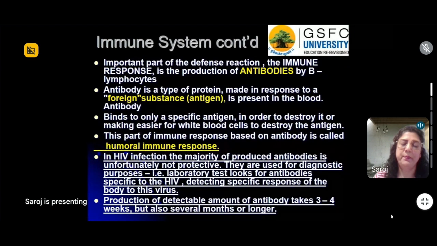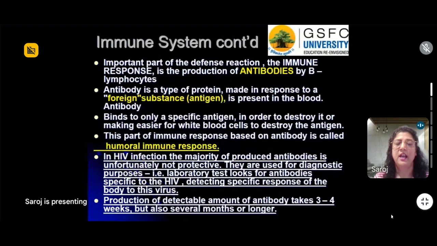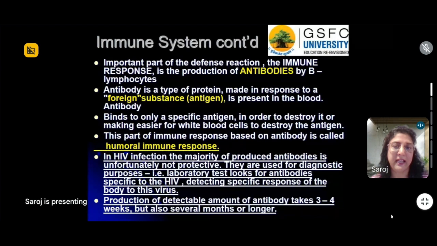However, now coming to this whole point in the context of HIV infection, these antibodies are not doing much in case of HIV infection. In case of HIV infection, their presence is a diagnostic outcome that tells you about the presence of HIV in your system. However, they are not mounting an immune response where they will destroy the HIV antigen. So in this particular case, our humoral immune response, especially in case of HIV infection, is not something that we can really rely on.